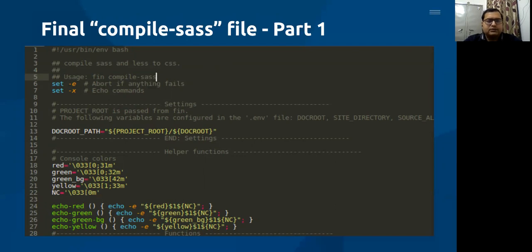Here we add extra things, like we set the variables, -e and -x. -e is basically to abort if anything fails, -x is to echo commands. The next lines define our paths. So here we define DOCROOT_PATH along with predefined variables that Docksal already provides.